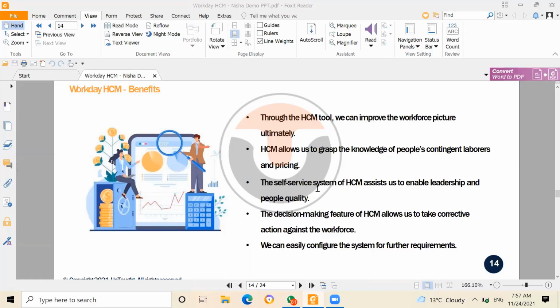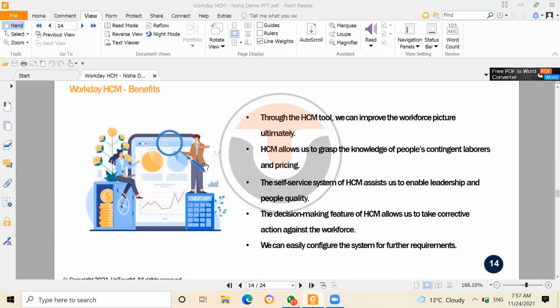You don't need anyone else, or so much training after implementation, training for end users to prepare your users to use the system. It doesn't require that much compared to other software in the market. So that's why clients are going to use this, and clients are more interested in implementing this software. And other things are again the general things which are actually good for any kind of